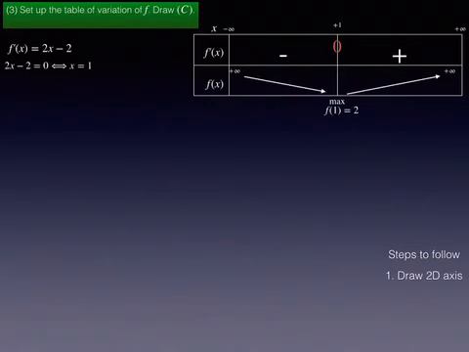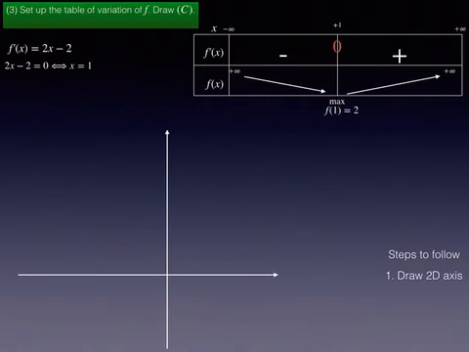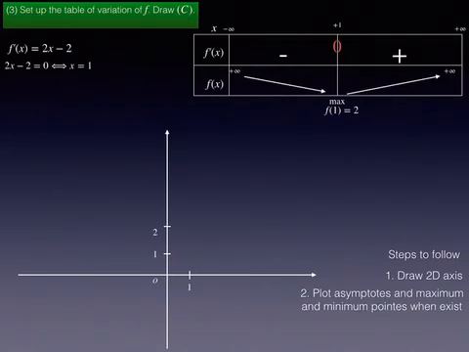So first of all, to draw the curve, we draw the y-axis and the x-axis, 0, we have abscissa 1, ordinate 1, and ordinate 2. The second step is to plot asymptotes if we have any. Here we don't have asymptotes, but we have the extremum point, which is the point of abscissa 1 and ordinate 2,